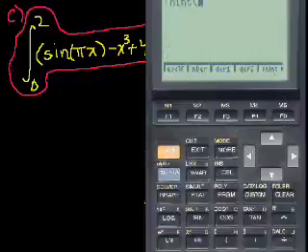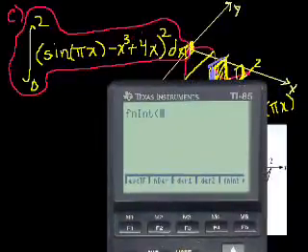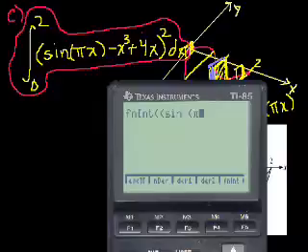And then we just type in the expression. So the expression, let me move it down a little bit. It's open parentheses, sine of, where's pi? I haven't used one of these calculators in a long, long time. Oh, there it is. Second, pi x. Sine of pi x, minus x to the third power plus 4x, all of that